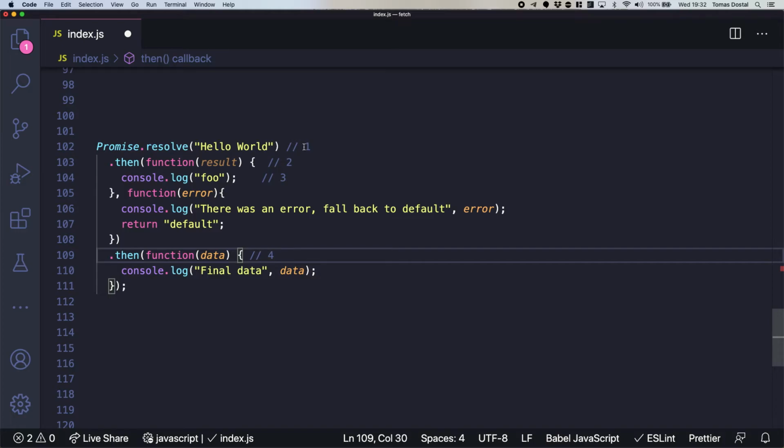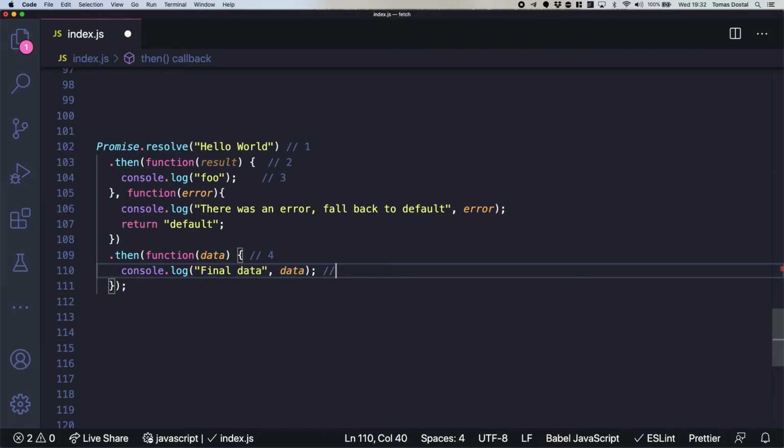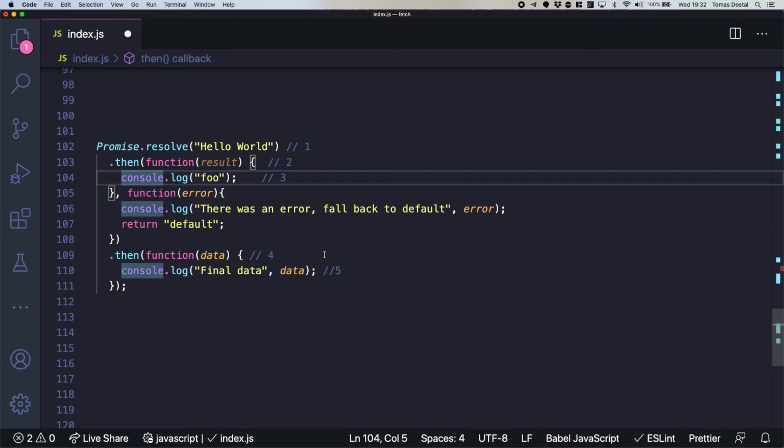At no point in 1, 2, 3 is there a return, especially the most important one, the 3. So it comes in here and it goes 4, and it will console log final data is undefined because we didn't return anything.